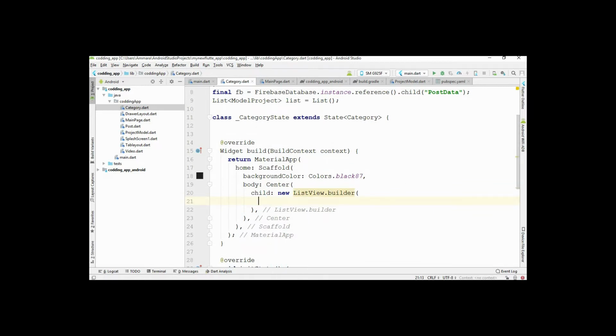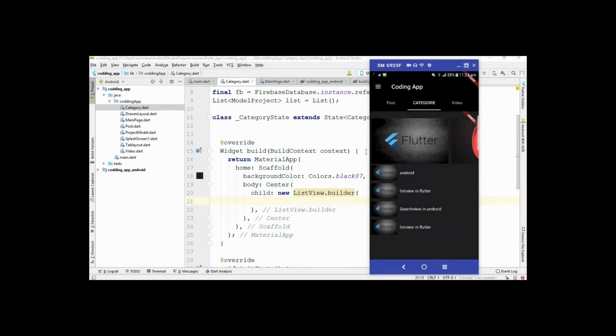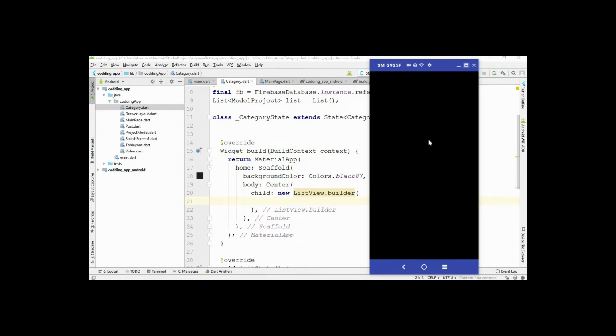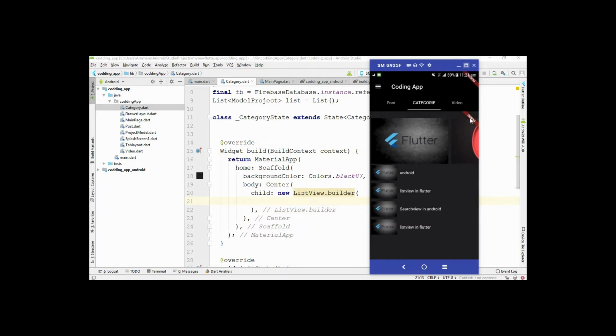Okay, so now first of all, you have to understand this layout. In this layout, you can see that this is a list view. So this is not two list views, this is one list view, and inside this one list view I set the first row horizontal and all the other rows vertical. First of all you have to understand this is one list view, and inside it I set one first row horizontal and all the other rows vertical.